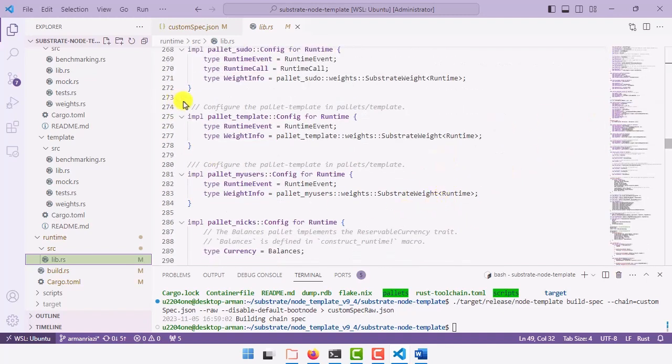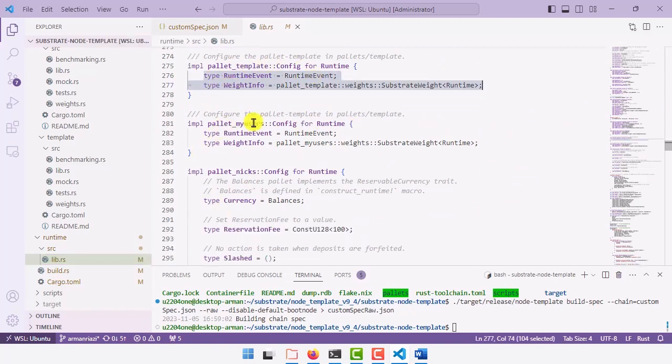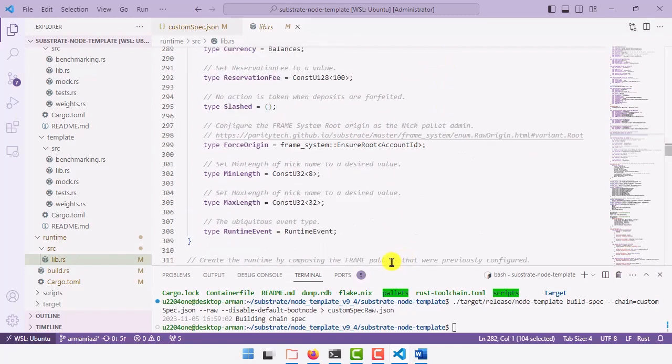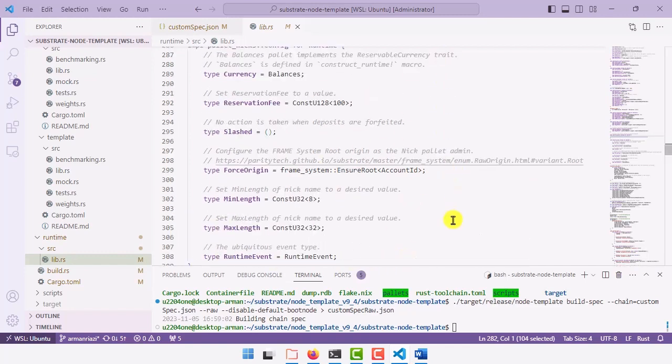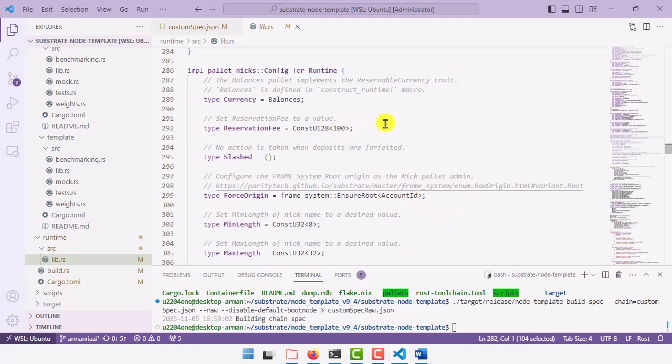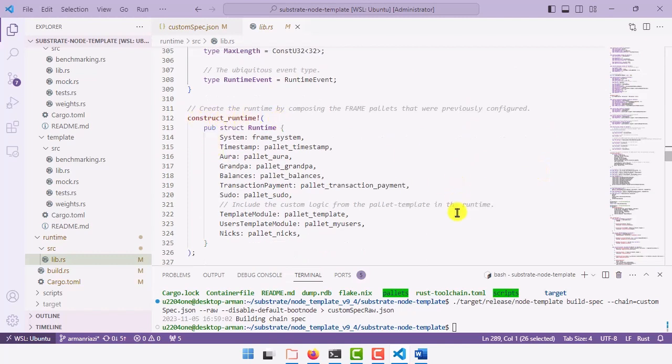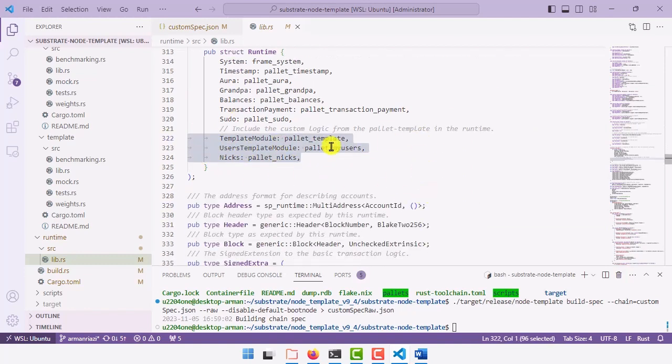For example, I can implement palette of template here to define runtime event. And then for my users, I also can define this line. And then to implement palette mint, I need to specify balances and some types here. Obviously, when we want to create a new account, before it we must define a balance for the account, and in the macro of construct runtime we need to set our palettes here. And as you can see, I have three palettes that I have written,